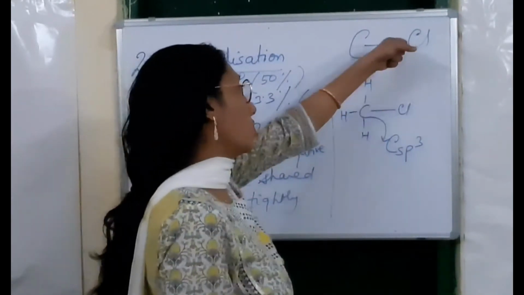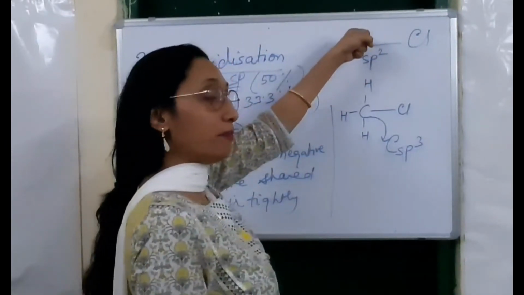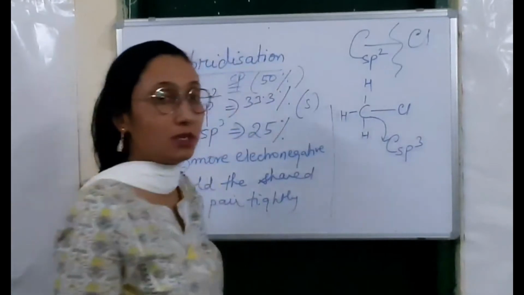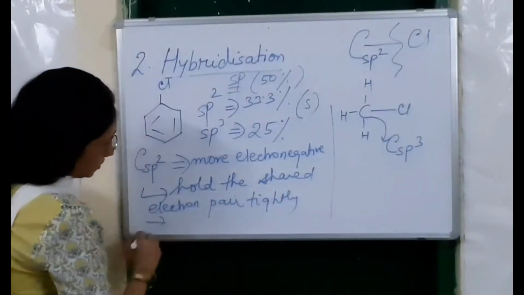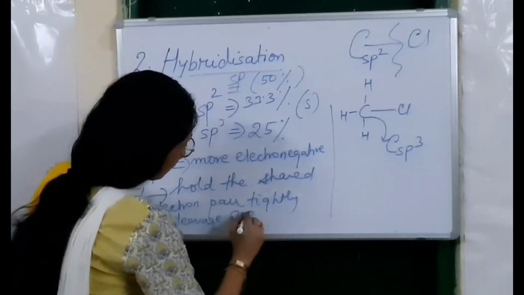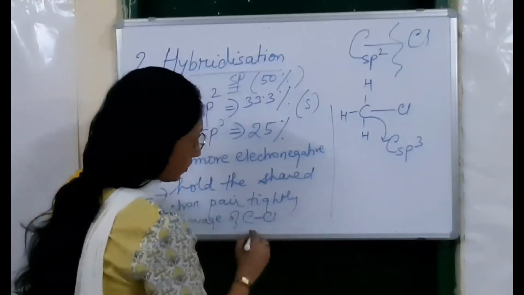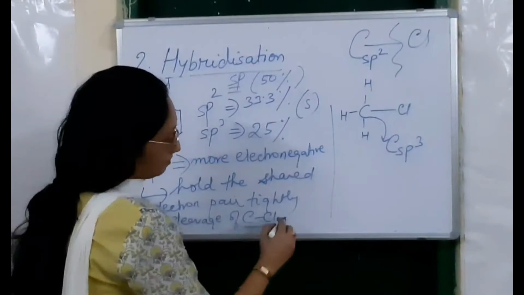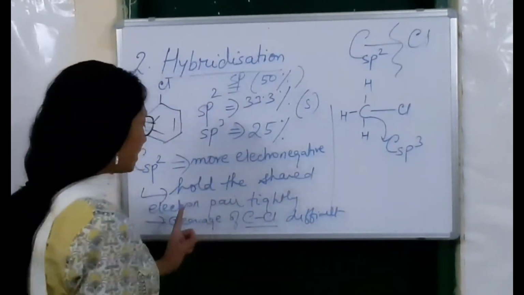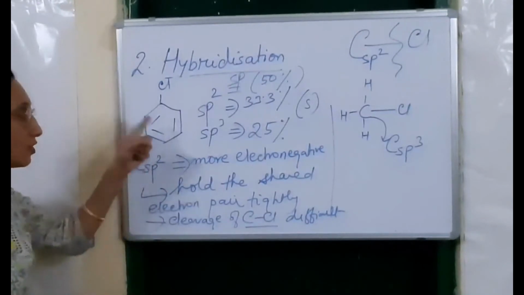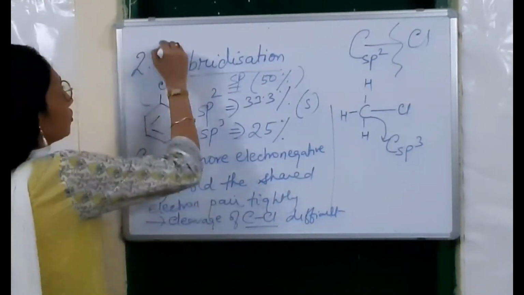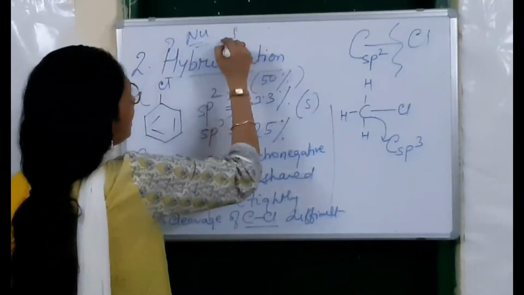So if this holds the shared electron pair tightly, then cleavage of this bond will be difficult. Cleavage of which bond? C-Cl bond. That is, the carbon-halogen bond will be difficult. If the cleavage of the C-Cl bond is difficult in case of chlorobenzene, then the rate of nucleophilic substitution will be